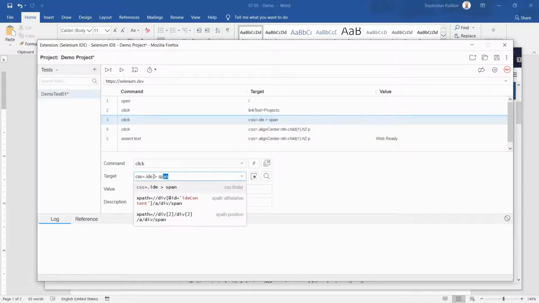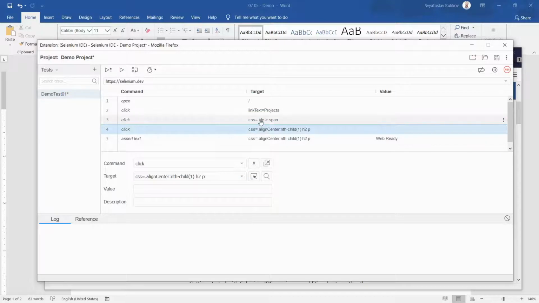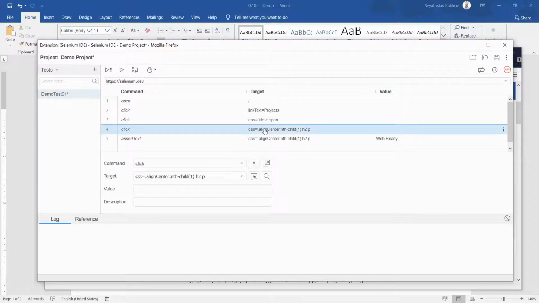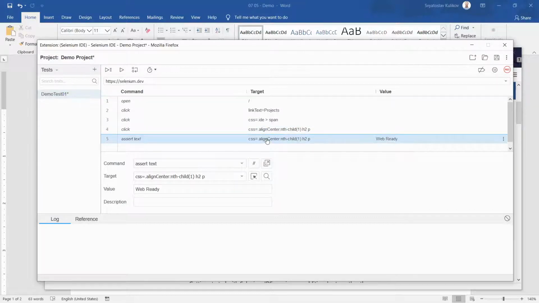The next is not really OK, but for this quick demo, let us leave it intact. Of course, we shall change this value to some other, more accurate one, but we shall talk about it in the future videos. For now, let's leave it intact. But looking at those locators in the target column, even I do not know now which one is the link I had to click. So I may use some techniques to distinguish them. But first things first, let us rewrite that command.